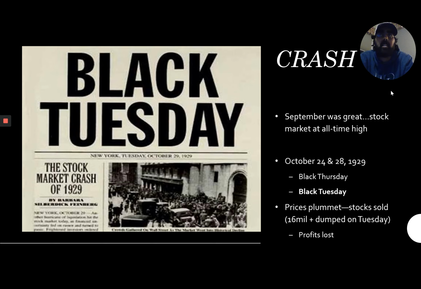People who had bought stocks at, let's say you bought a share at $30, you're now struggling to sell it, and you're trying to sell it at, 11, 10, right? You've lost a great amount of your investment there. And in turn, no one else is buying the stocks. And companies are now trying to sell their shares, and no one wants to buy them. So profits are lost across the board. You can go from, we hear rags to riches. No, this is very much riches to rags in a matter of a day, really. That's how quickly things turn around for a lot of people when it comes to the market.